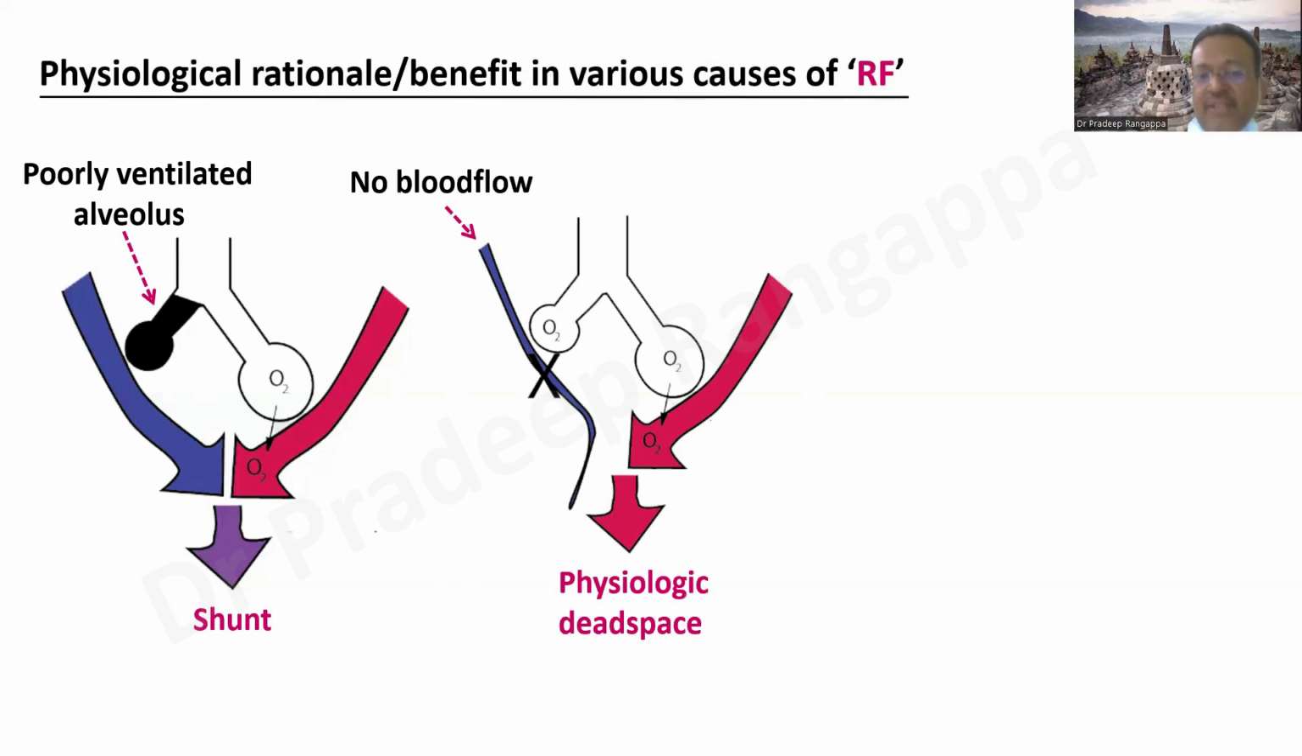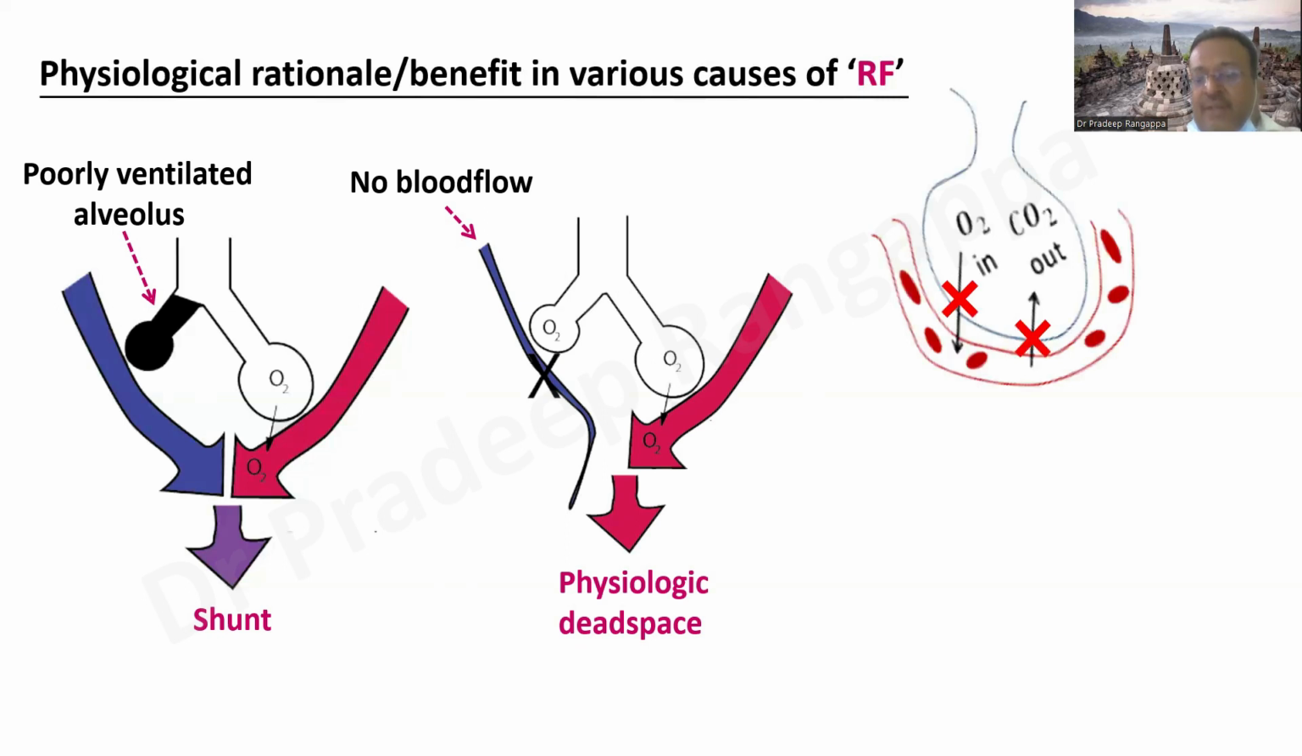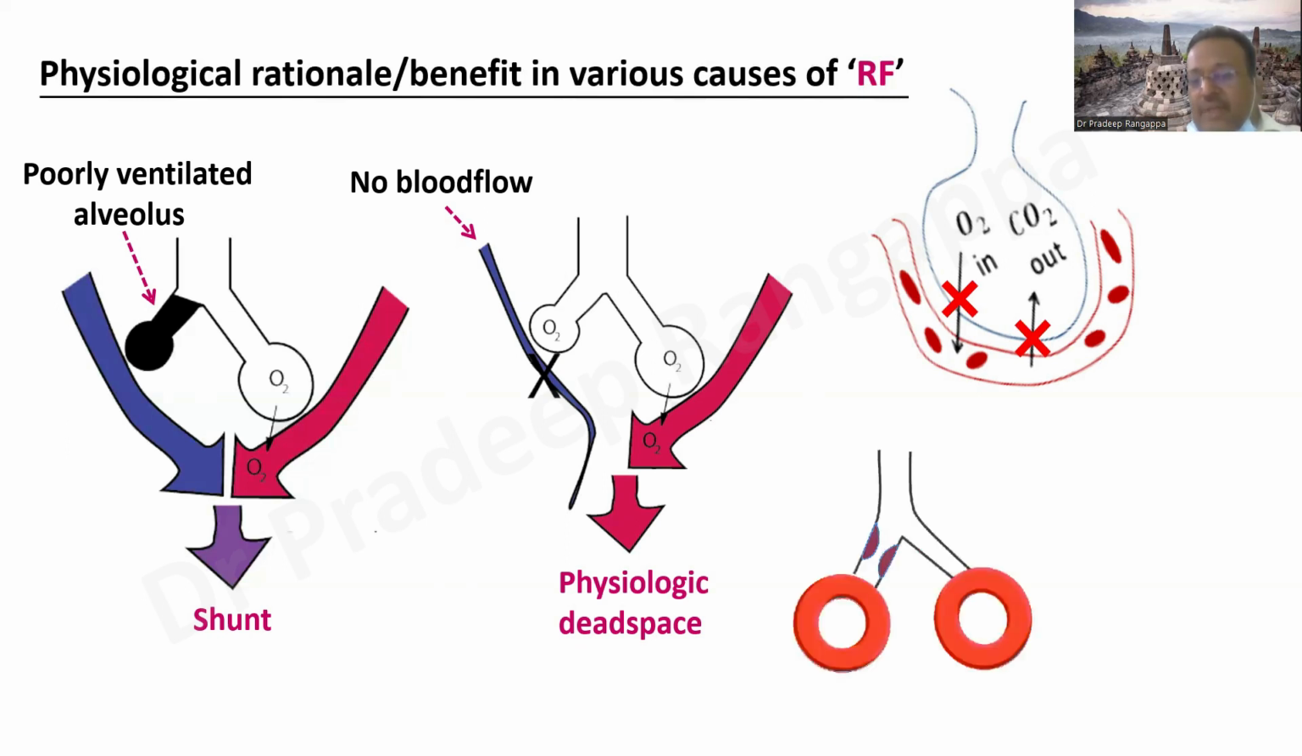So there is physiological dead space that increases. So this also tends to be optimized with NIV. And diffusion impairment is another cause of respiratory failure where effective exchange of gases is not happening. And there are other issues where you may have thromboembolism in the pulmonary circulation, which also leads to ventilation and